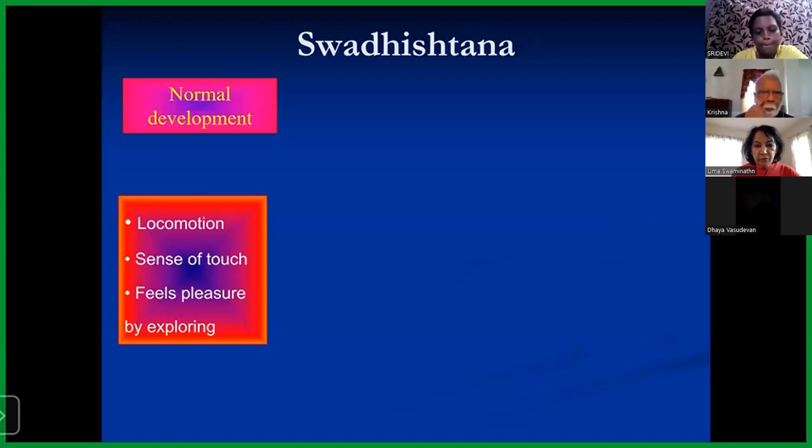But at that time, when it starts walking, that is locomotion, it is happy because it is being supported by the parents, either mother or father. They hold the baby's hand and try to make the child walk. Then it feels the support, it feels the pleasure. Pleasure is associated with the Swadhisthana chakra, materialistic pleasure. Then when it starts walking, it starts to touch all the objects. That is called exploring. That is, tactile sense is developed.